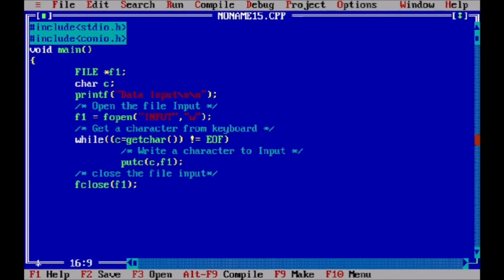Now we want this data again, so we write "data output".